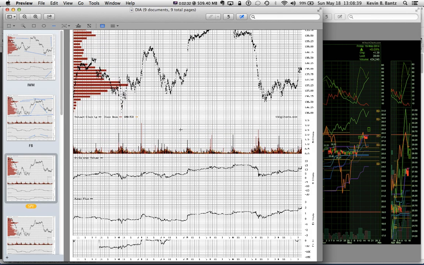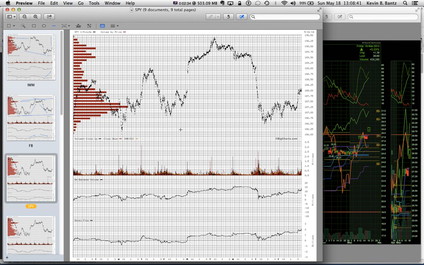SPY. SPY, this is an interesting chart here. Here's the point of control. Alright, currently the price is closed over it, so there's a slight bias upward. Here the money flow is basically flat. Then when prices, they took off, this was the breakout. This is the one-day breakout. And it blew back through